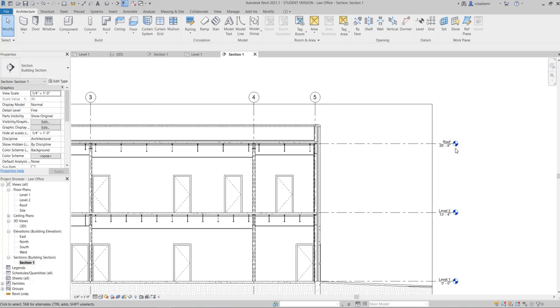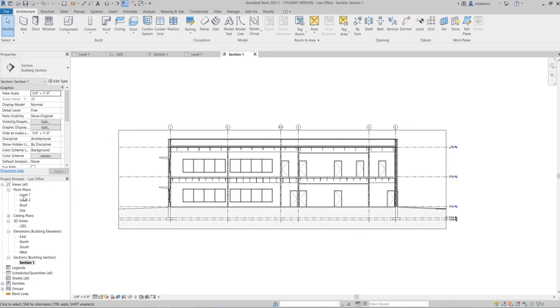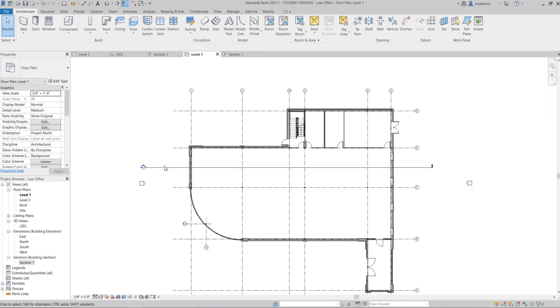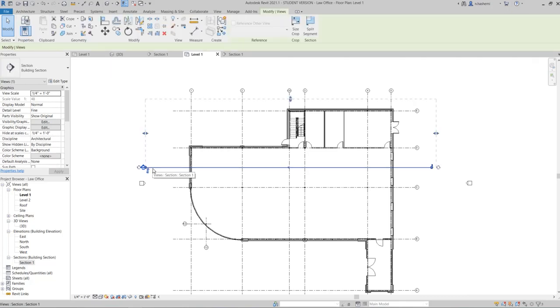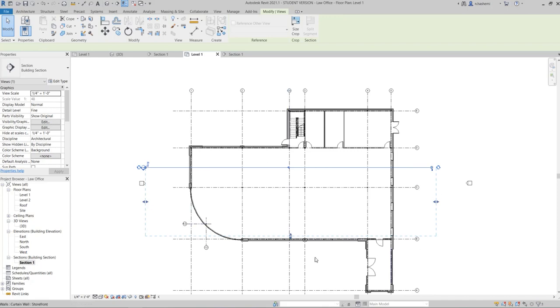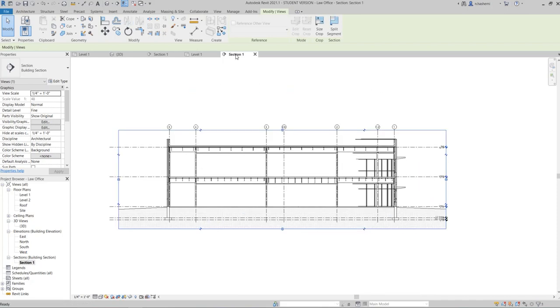Now let's move on and go to our level 1 view again. We have different options here or here. Okay, so we have a section here. You can just click and select it. And now you can just click on this flip button and just flip the view. Okay, now we are looking at this side and this side of the building. Let me switch to section and see the difference. Okay, so what you're seeing right now is this part of the building, not the north part.